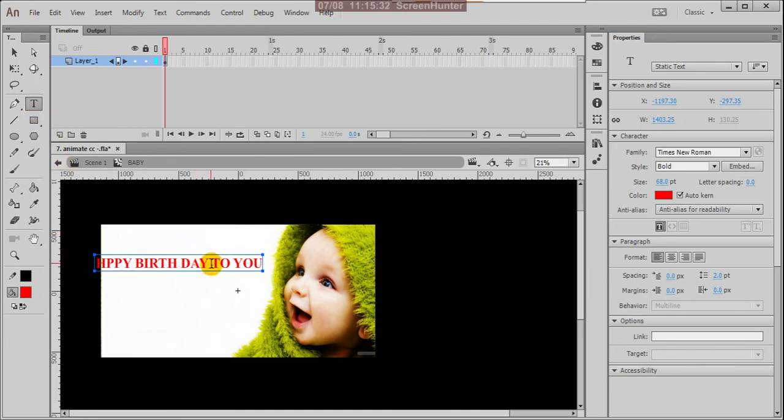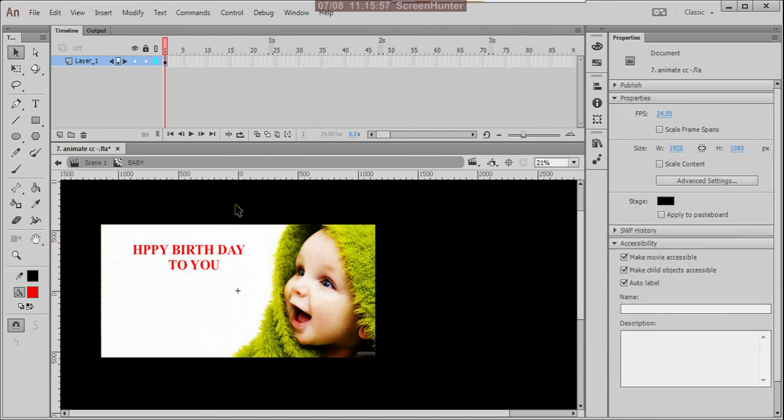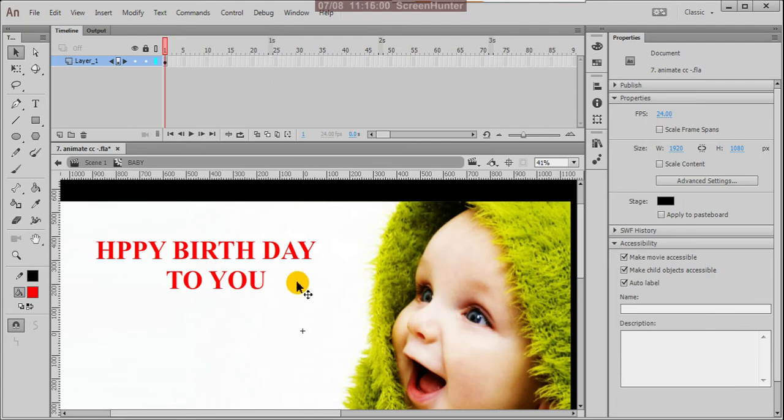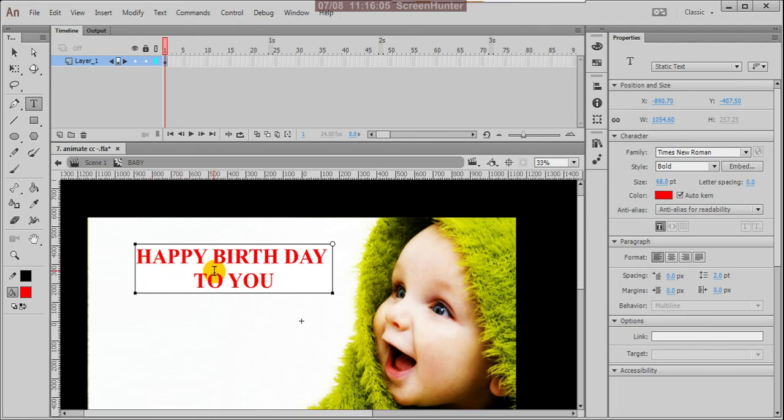Suppose I can give the enter here, and I'm selecting center alignment. The text is wrong. Happy birthday to you. Yeah, cool.